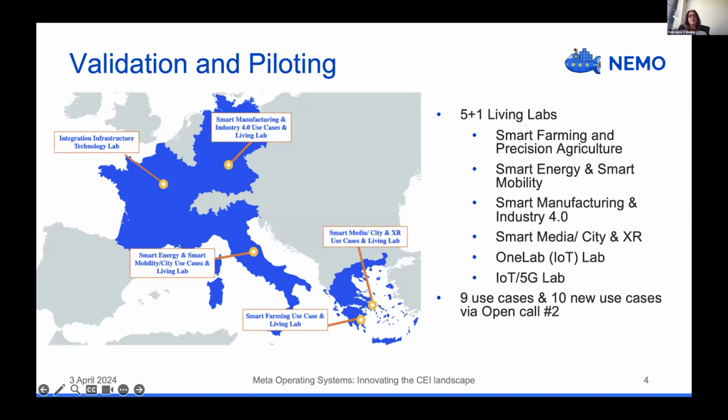And the second one is an IoT 5G lab in Finland that is hosted by our partner Kumukor, and which is in charge in the project of the development of the TSN functionality around a 5G core prototype that they have developed in a previous project that we are based on a lot, IoT Engine, which is brought up here and further extended in NEMO and used for the pilot of Germany in the smart industry.